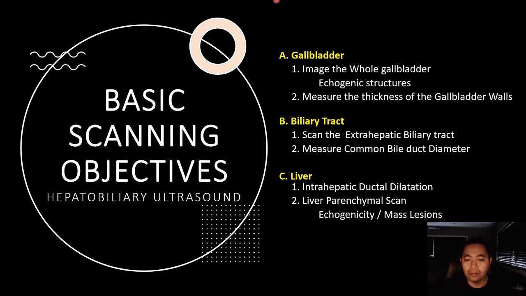The following are our scanning objectives during ultrasound of the hepatobiliary system. First, the gallbladder has to be imaged completely, taking note of echogenic structures within, also measuring the wall thickness. Second, the extrahepatic biliary tract should be visualized, screened for any obstruction lesion, and the CBD should then be measured